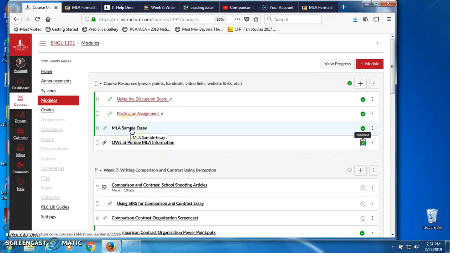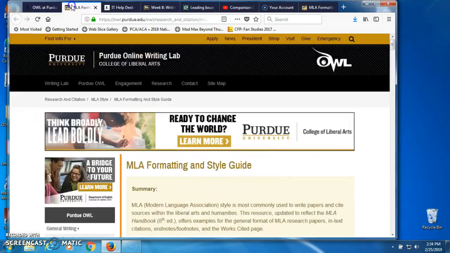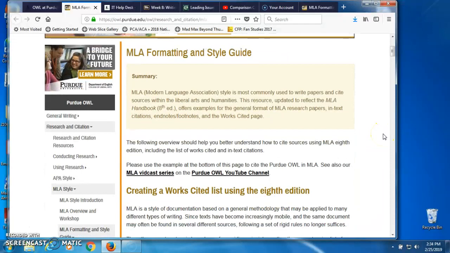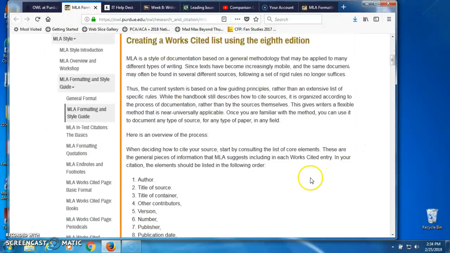There was the sample essay that I had put in for you earlier, but this one, if you click in, it will let you jump out to the full page, and this will give you all the information that you would need to cite any kinds of sources for essays,